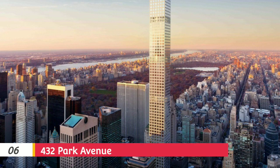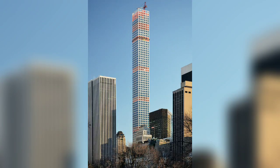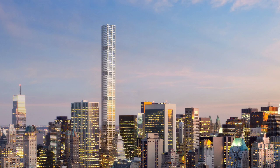Number 6. 432 Park Avenue, New York. Judged by roof height, this super-tall skyscraper located at 57th Street and Park Avenue in Midtown Manhattan is the second tallest building in New York City, completed in 2015. At 1,396 feet and with 96 floors, it also holds the spot as the world's third tallest residential and the